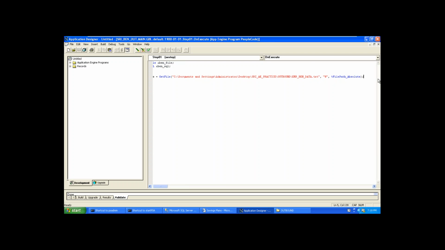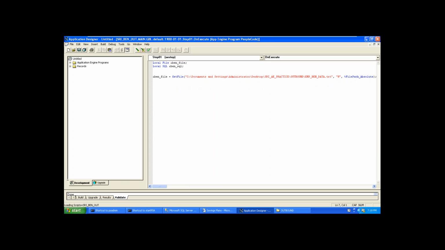In some real-time scenarios, they won't give you the full file path. Then in those scenarios, you will use relative. This is the file path, not the absolute file path. It depends on your client requirement and your client system structure.